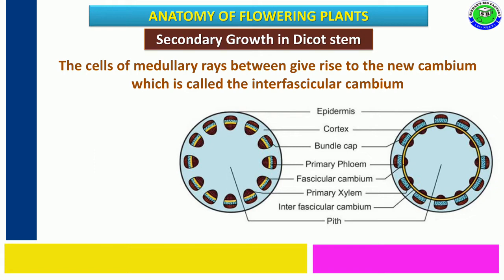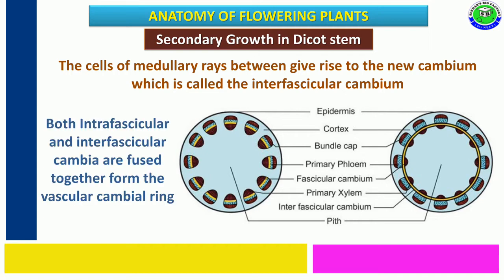But during secondary growth, some of the cells present in between vascular bundles in the form of medullary rays can form some new cambium. It is called intervascular cambium. Both this intravascular cambium present in vascular bundles and the intervascular cambium present in between two vascular bundles in the medullary rays fuse to form a continuous ring in between vascular bundles, called the cambial ring.